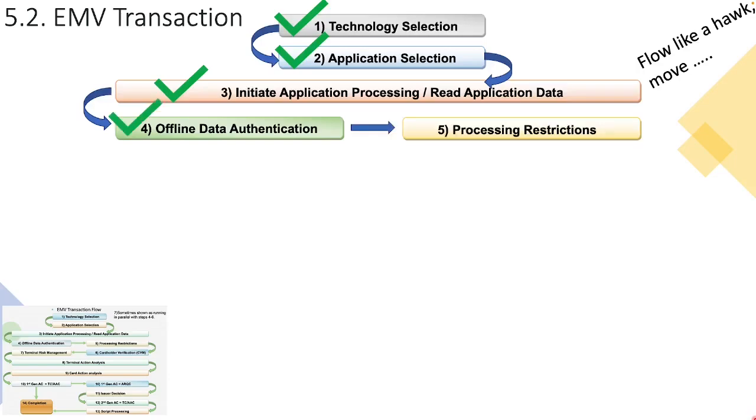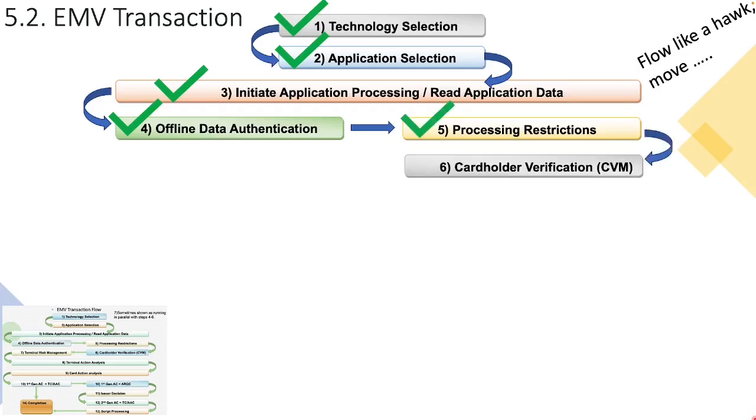Step 5 was the phase of the transaction where we validated that the transaction itself was valid. There were several things in terms of area of usage and the type of transaction, etc. After assessing that, we went into step 6, where we assessed: is Bob the authorized card holder? Is he the person authorized to use this card? So we verified the card holder,